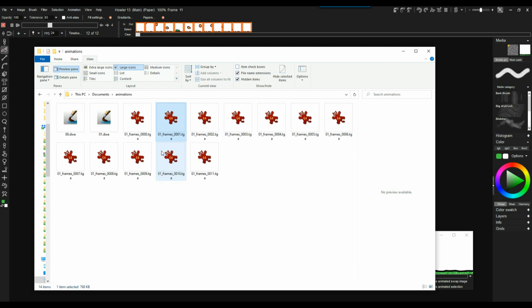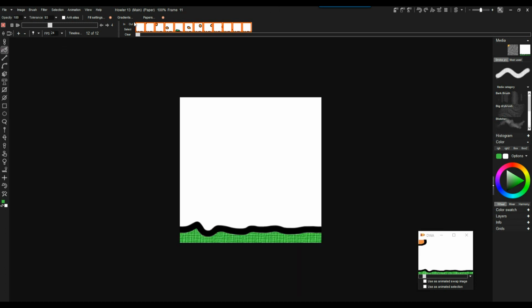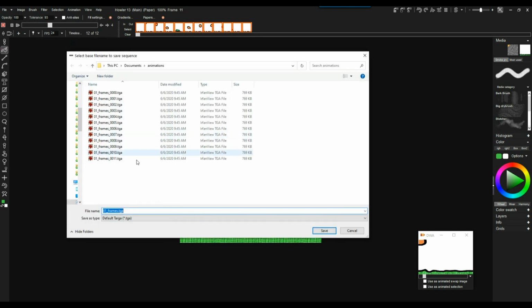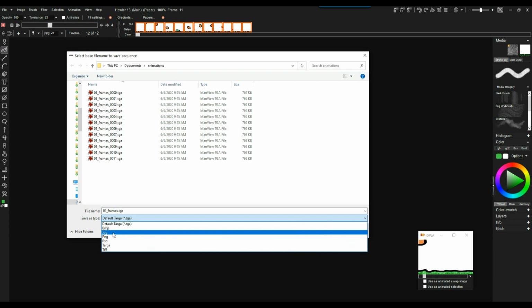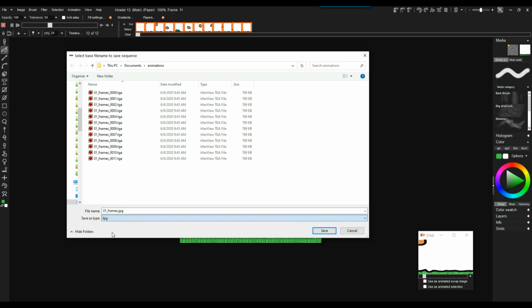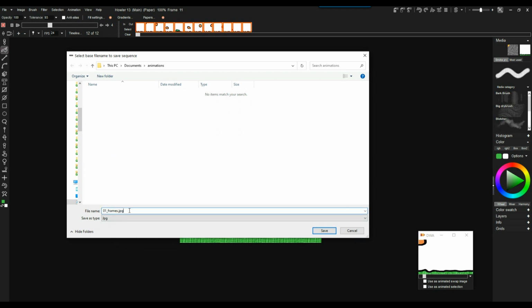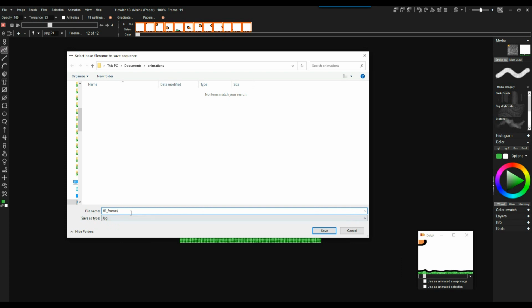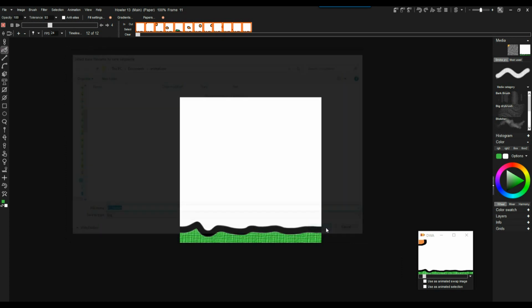And so what we want to do is perhaps save it also as another image sequence. So let's go animation, save sequence, and this time we'll save it as JPEG maybe, or PNG. You'll probably want to use PNG. Let's do them both. Let's do JPEG. So this is for 01 frames. Don't put the .jpeg there. It will add that, but it will add